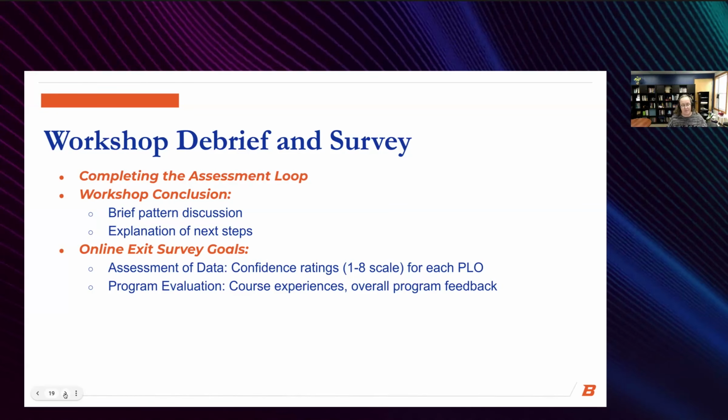So part of the data that we collect is confidence ratings on a scale of 1 to 8 for each of the program learning outcomes. So how confident are you in your ability to blah, blah, blah, right? And then we also get overall program feedback and course experiences as part of our program evaluation that we use for other programmatic initiatives.